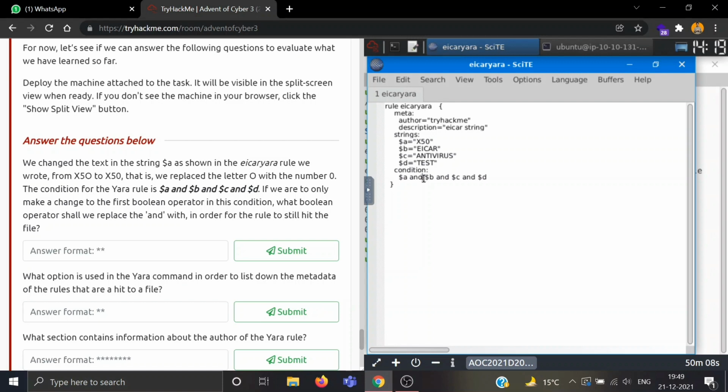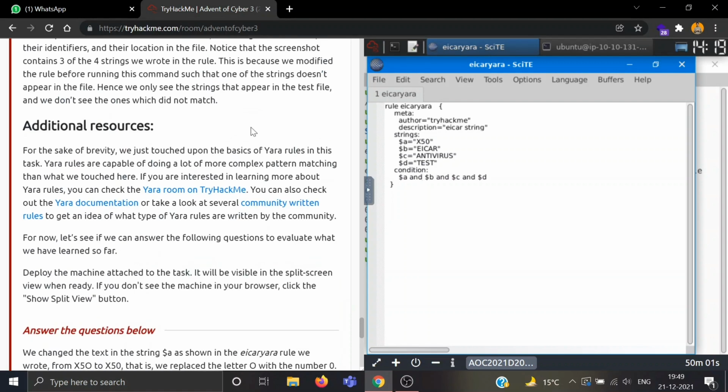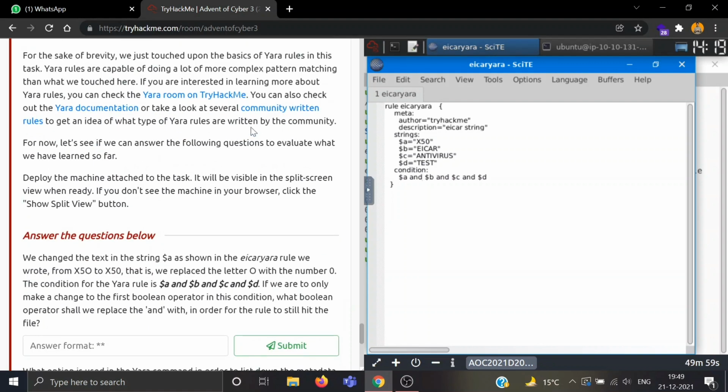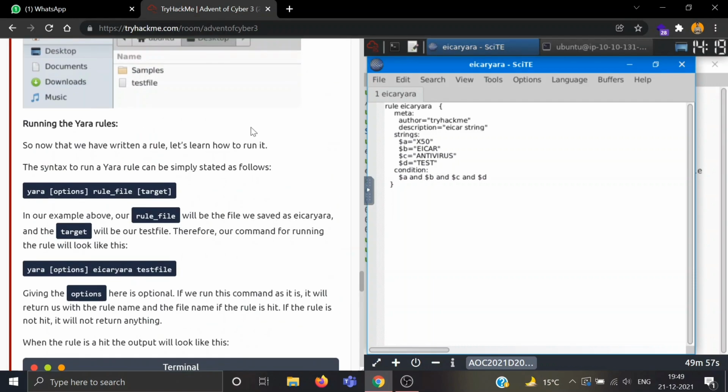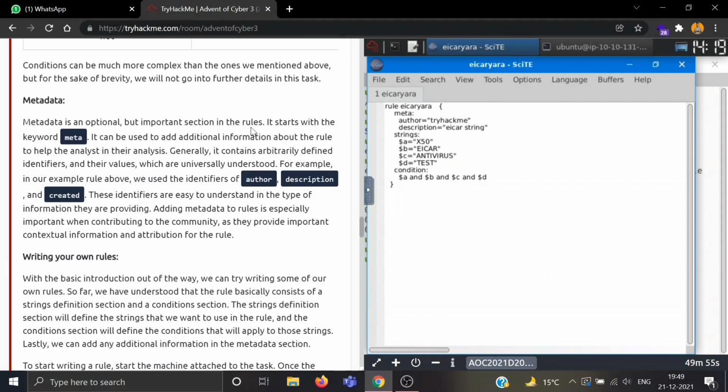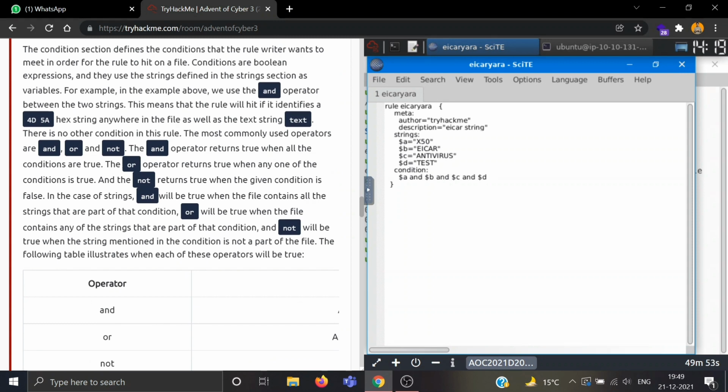So AND is not working here because it's checking for every string. We just saw here the AND operator returns true when all the conditions are true. Here we changed the letter O to number 0, so the condition is not true.